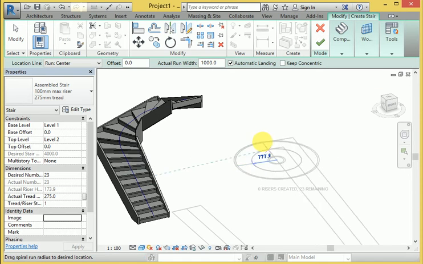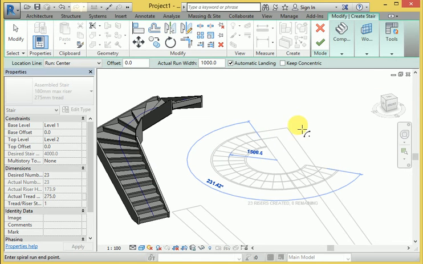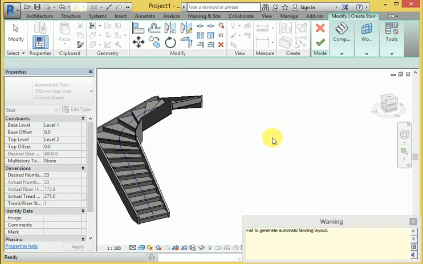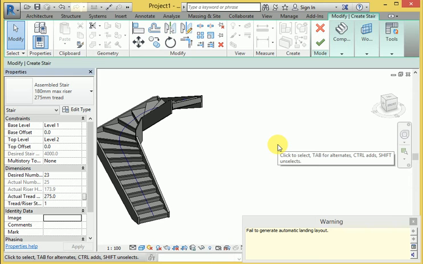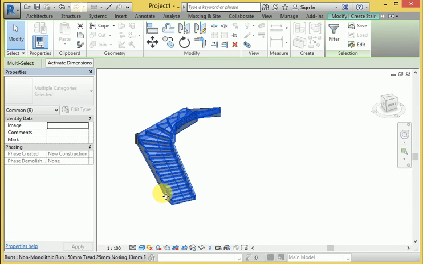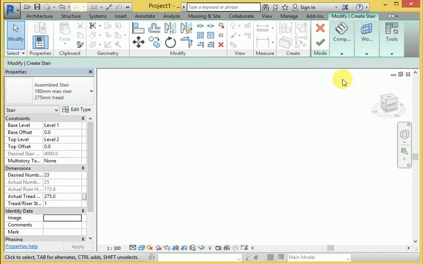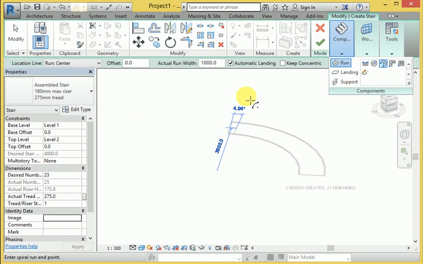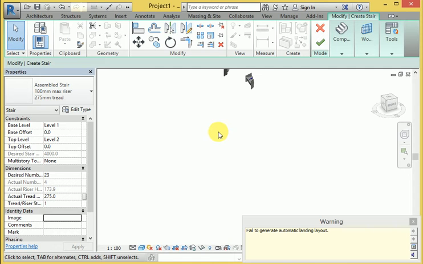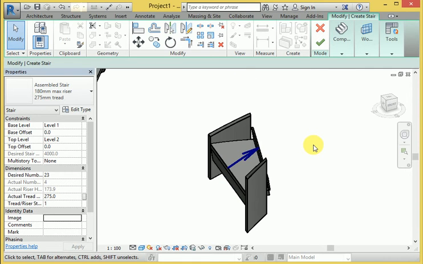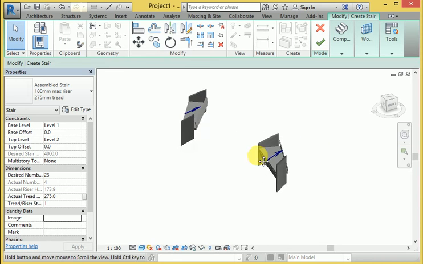When I start from the type of spiral, here you can see the type of spiral railing, just a particular degree right now.